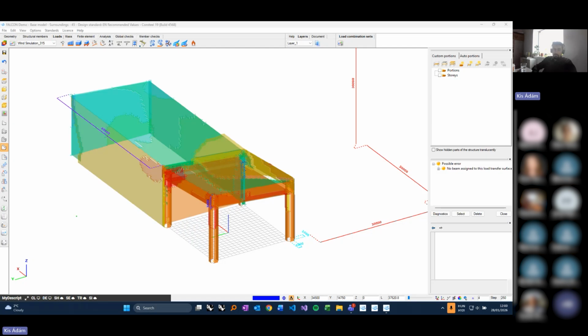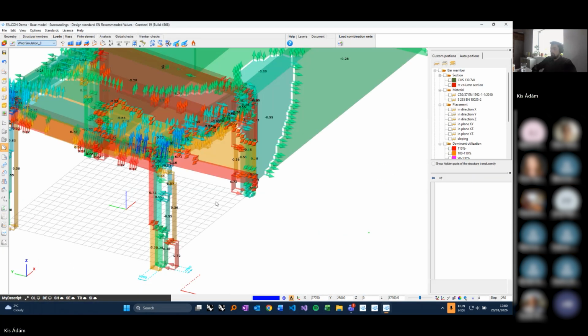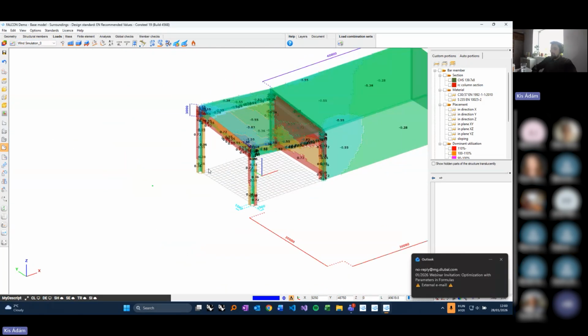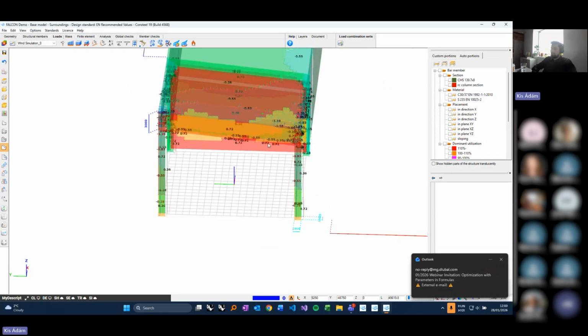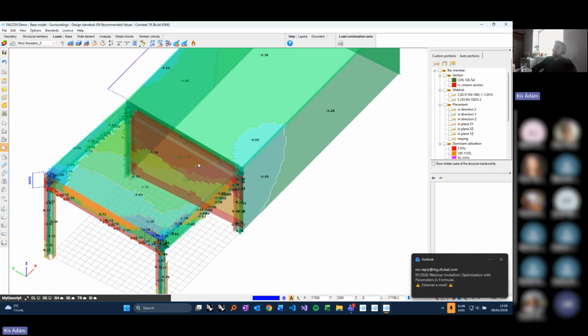And actually I can show you also the version with 0. So from this direction,